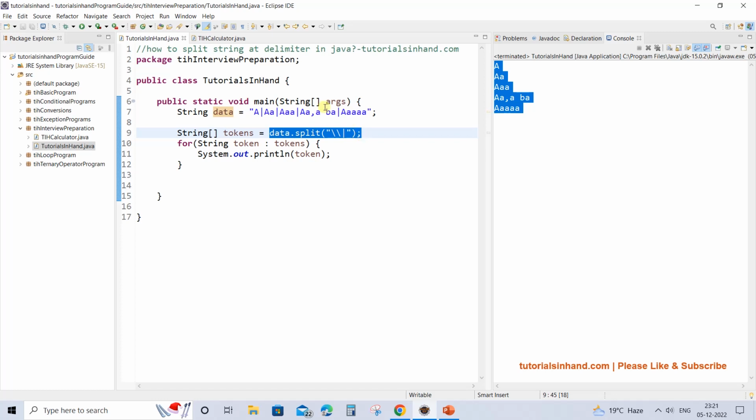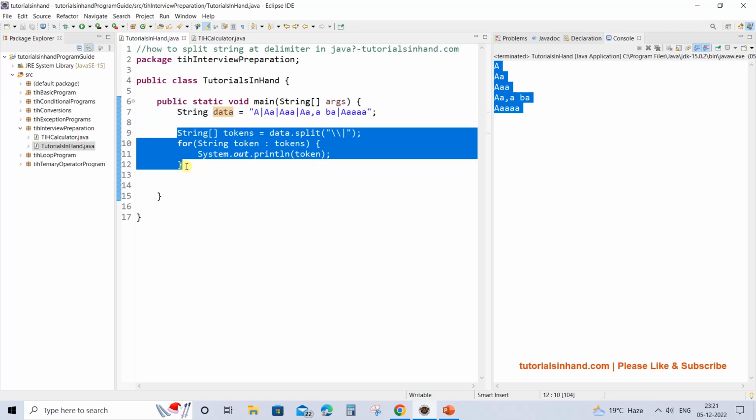One more thing I would like to tell is that here we have provided a hard coded value, but this value is generally read from property files or from a database, and then we apply the split method and do the task as shown here. In the next video tutorial, we will see how to read a property file and then apply this to take the data from the property file and perform any kind of operation on that particular string.